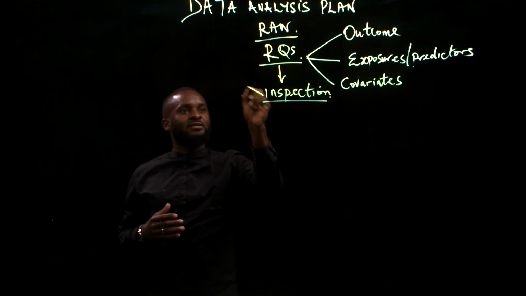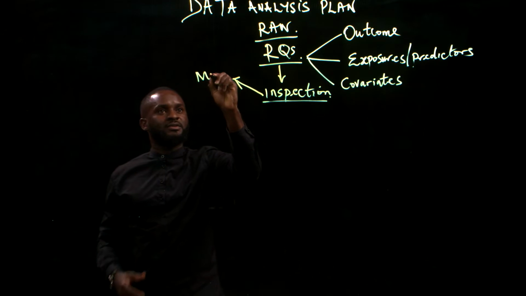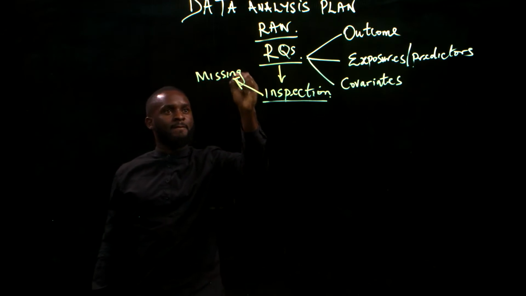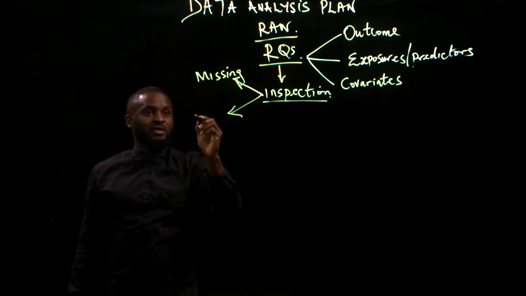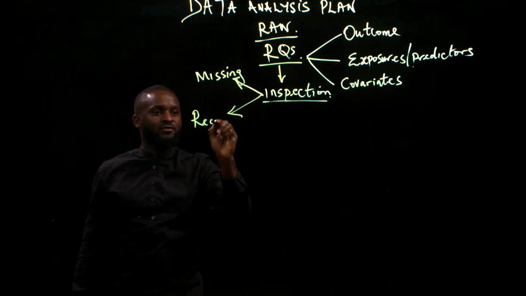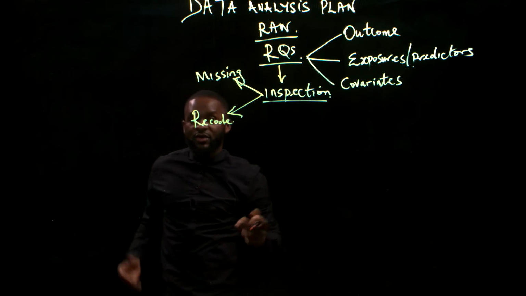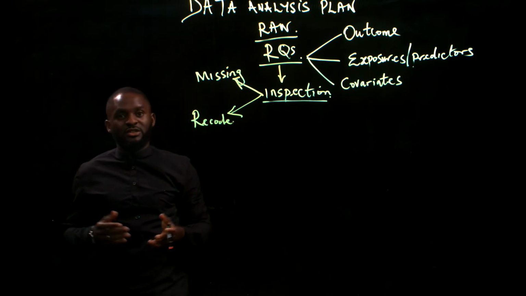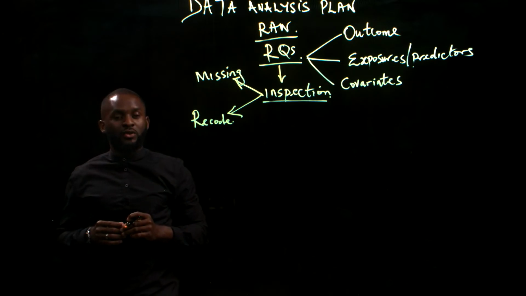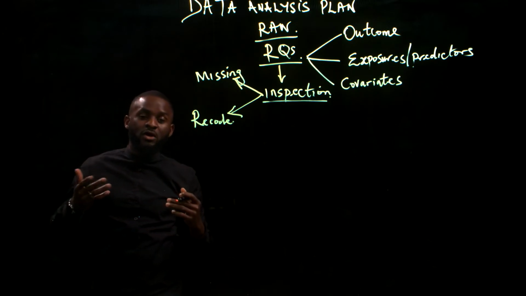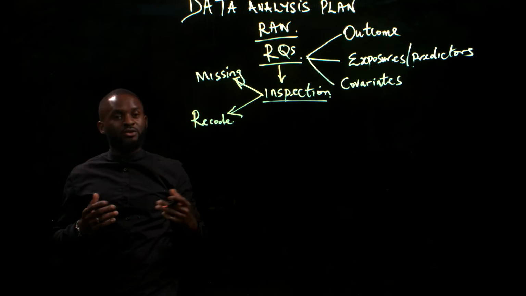So you check for missing variables. You also check for ways to recode your variables. So if you have a variable like gender equals male or female, you need to understand the best way to recode it. If you want to code males as 1, females as 0,